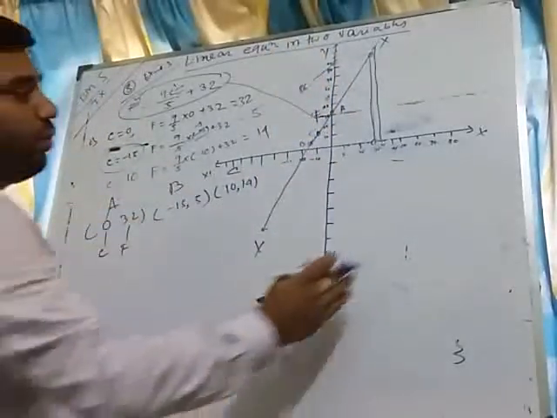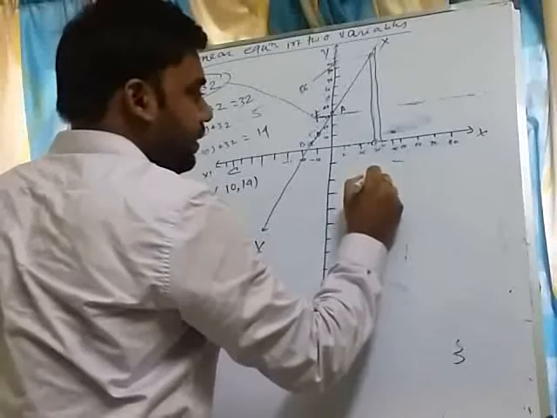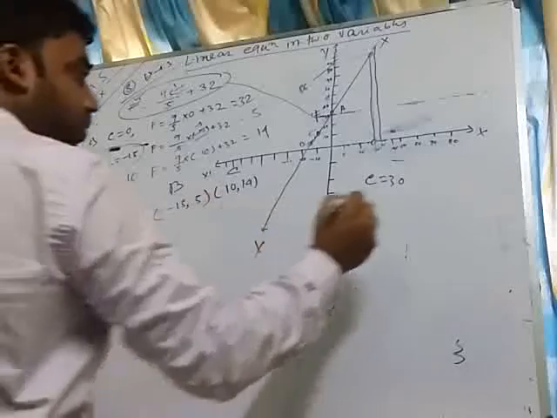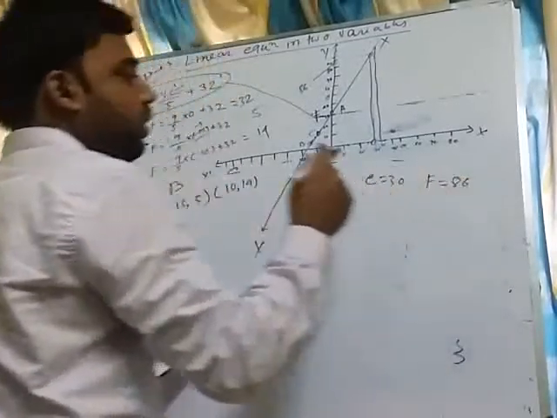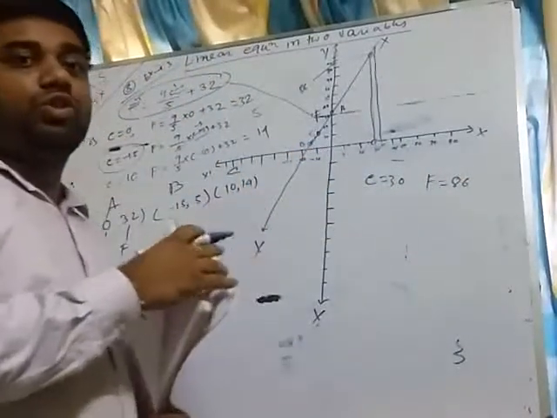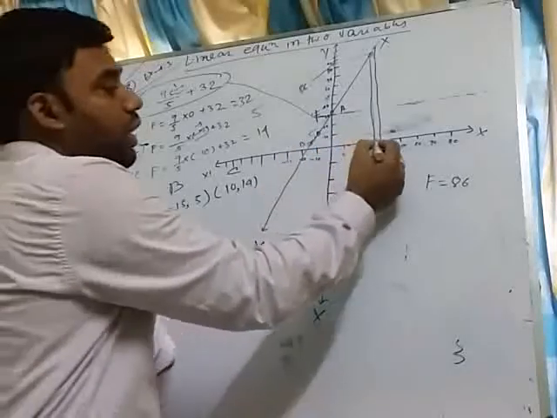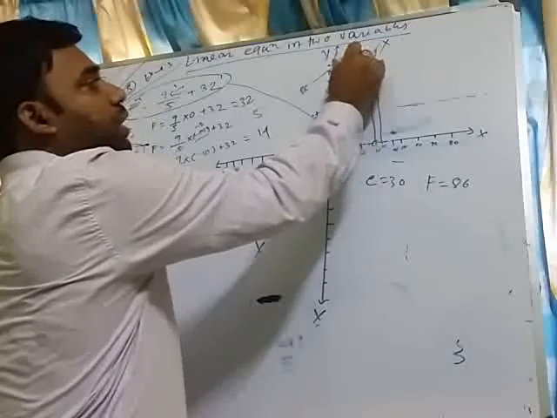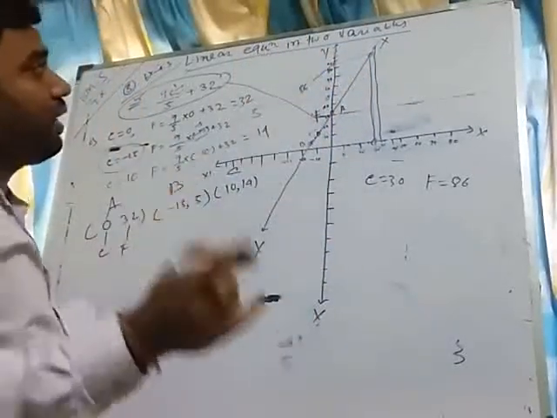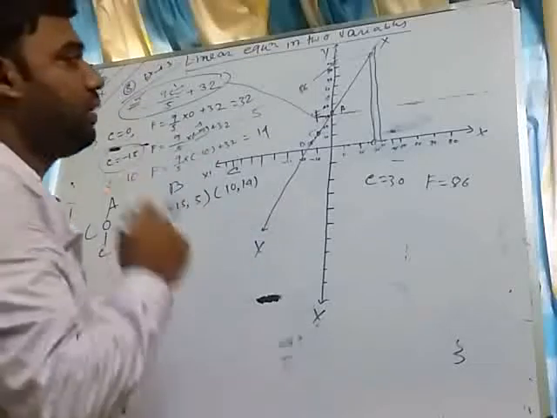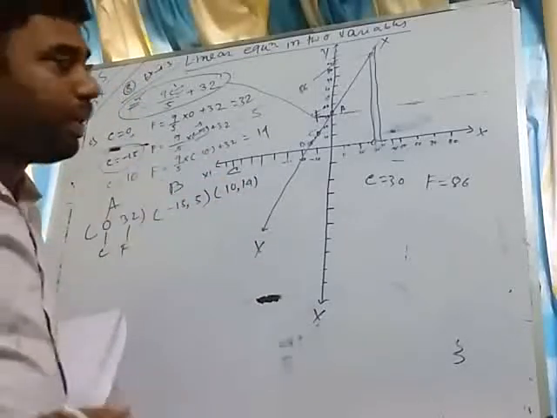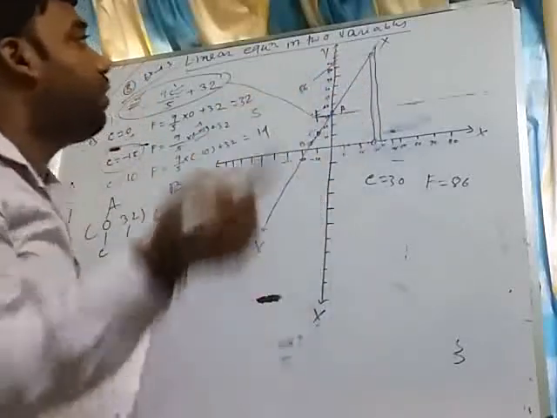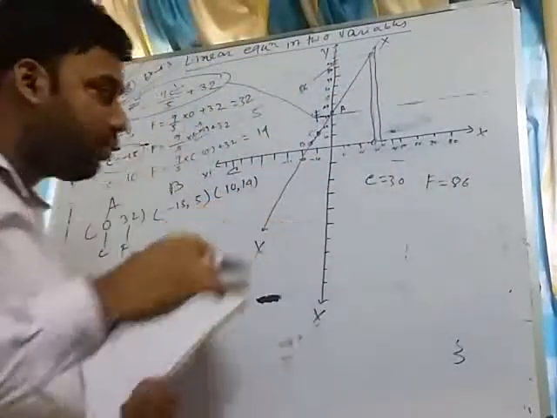So if you put C equal to 30 degrees, it will be F equal to 86. You have to say this without calculation, just by observing the graph. How to do it? From the point 30 draw a perpendicular to the graph, and from that point draw another perpendicular to the y-axis. The point where the perpendicular meets the y-axis is the answer, and you will observe in your graph paper that it is 86. Next question.